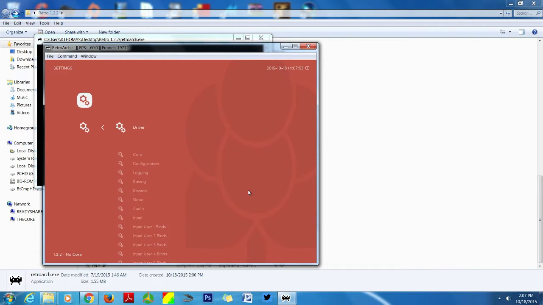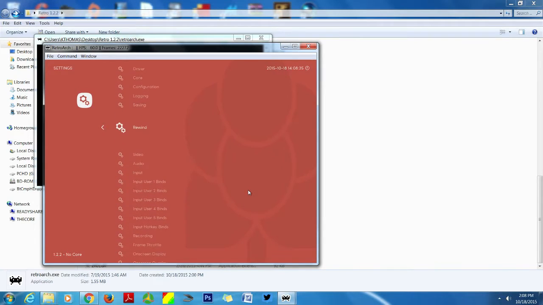And then, of course, we're first going to go into driver. I don't think anything needs to be touched here. Everything is fine here. Go into core. I believe everything is fine here also. Configuration. Now, most people recommend that you do configuration per core. Of course, when we're talking about core, we're talking about emulator. And of course, each emulator has their own type of buttons and stuff like that. So you might want to do configuration per core for the first part. Okay. So all you have to do is just hit the arrow key to the right, and that turns it on. Okay.